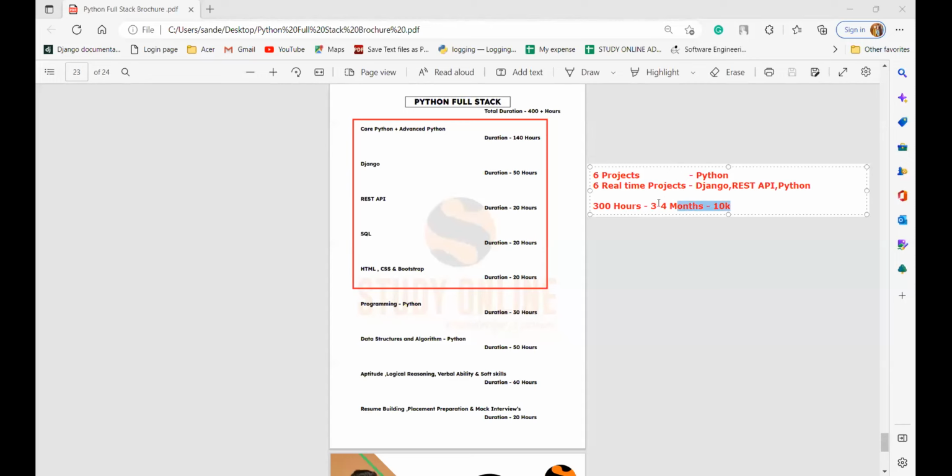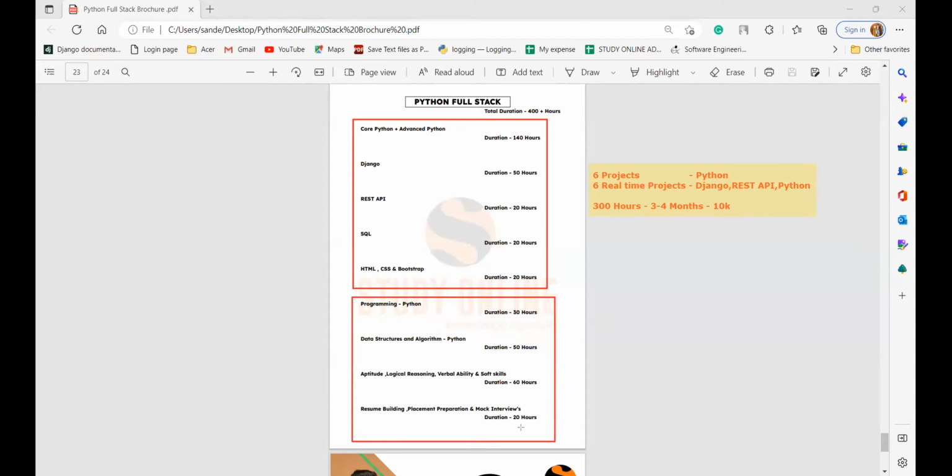Sir, I want more, sir. Even everything you will be getting here when it comes to the below part, let me just highlight this. If I include this one, programming for 30 to 40 hours, DSA for 50 hours, aptitude for more than 60 hours, and resume building, placement preparation, mock interview for more than 20 hours.